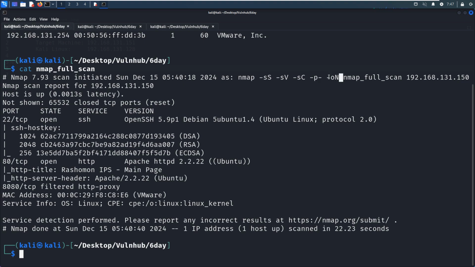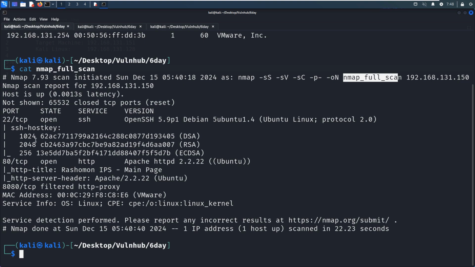The last option is -oN to output the result into this file. Although you can notice here, the IP address of the target machine has been changed. This doesn't matter, as you know.